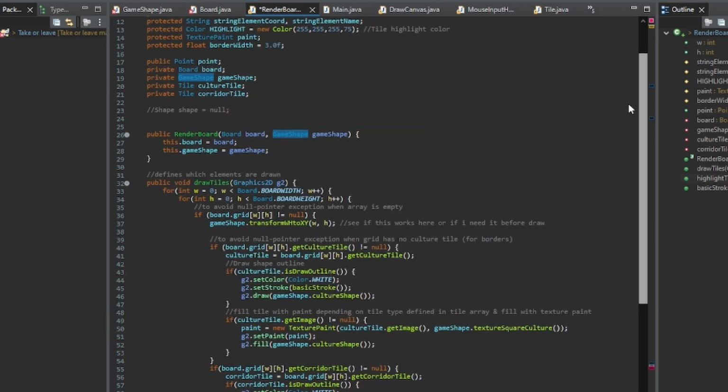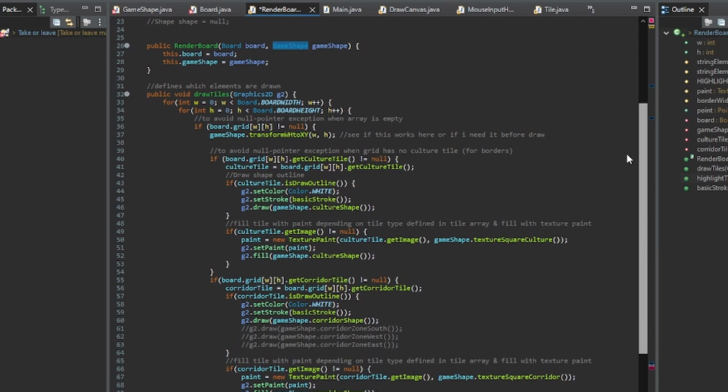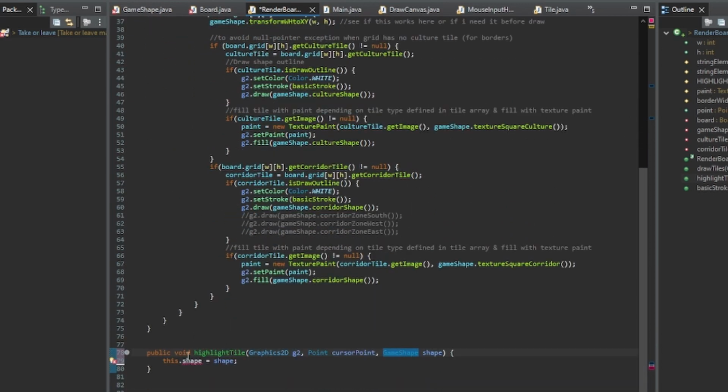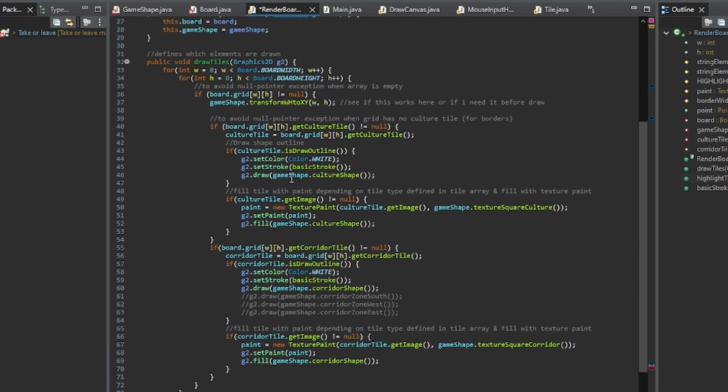I already have a game shape here. Oh yeah, I tell it game shape. Yeah, I have instances of game shape here. Let me try. Maybe that's, yes, wait, for every iteration here it draws something, which then doesn't need to renew